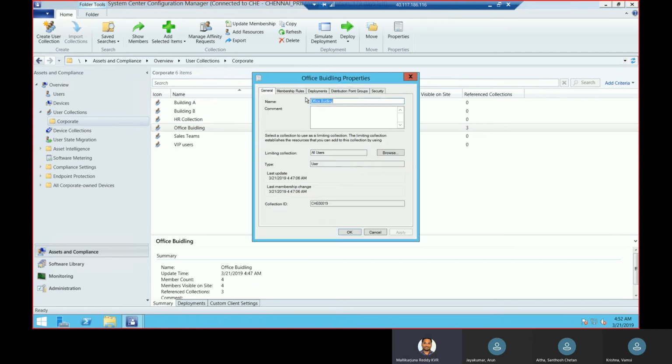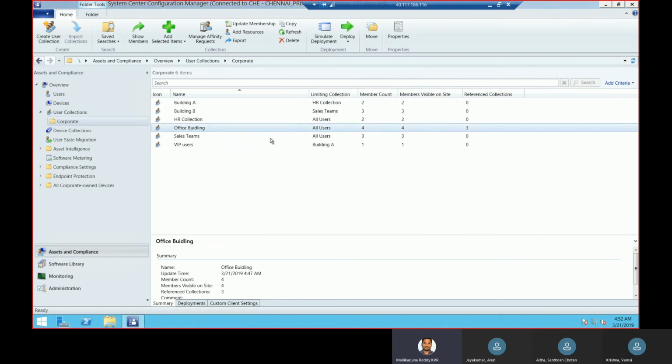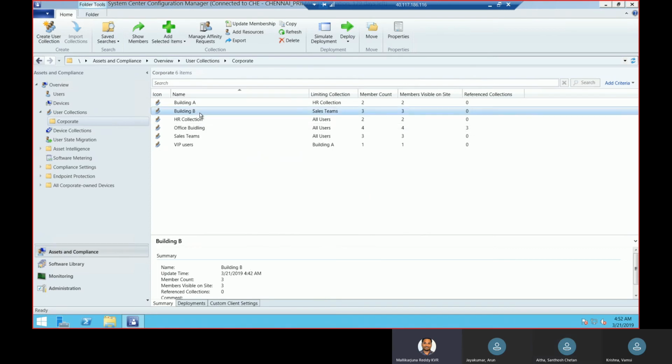So I've excluded the VIP member in this particular scenario. So yes, the VIP user will not get this particular update. Similarly, if I want to update the complete office, say I have some kind of software and I'm targeting this particular office building, only that VIP user is not getting the software, and the rest of the complete building A and building B is getting it. Now, for example, if you are creating another device collection with building A and building B,